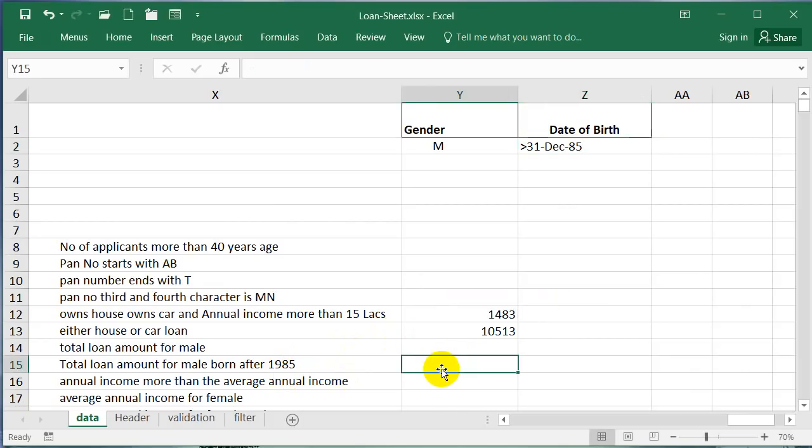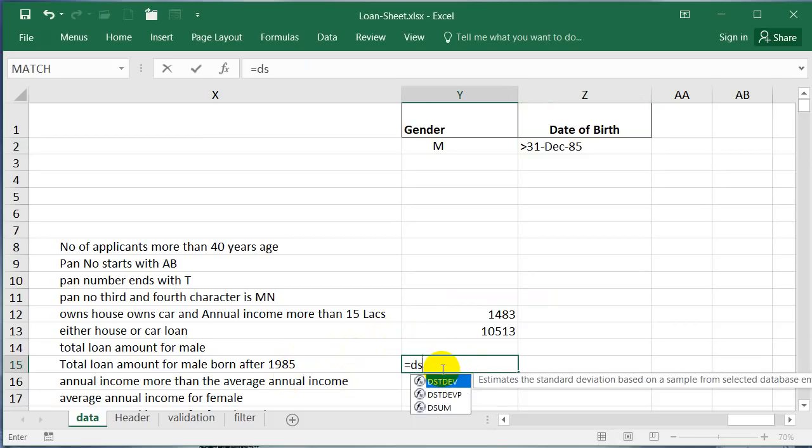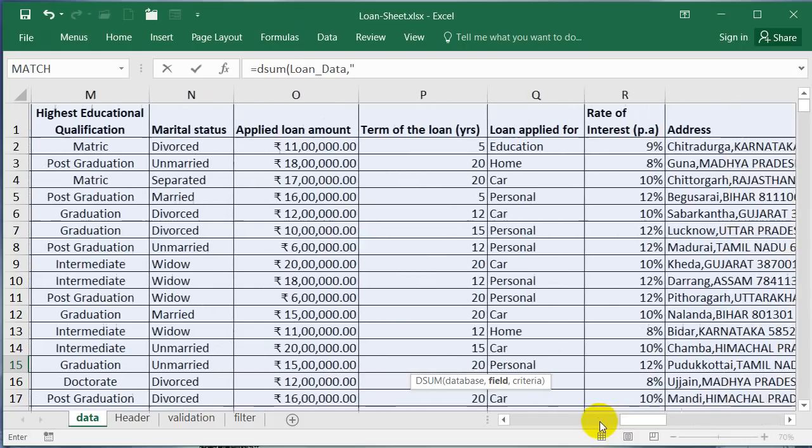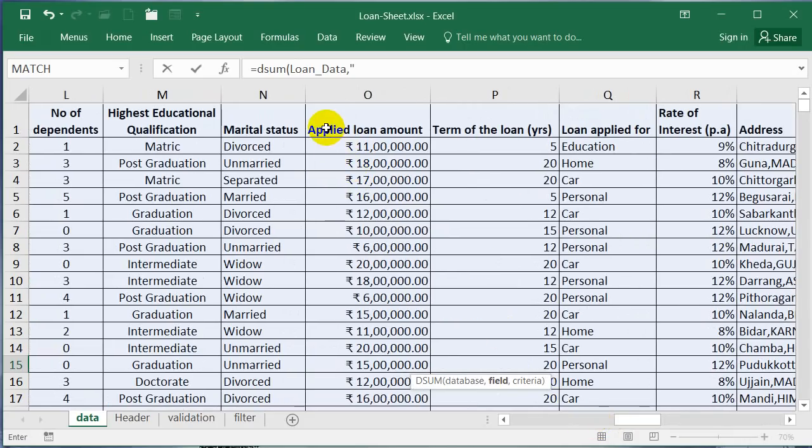So total loan amount for male born after 1985, what function we have to use? Total loan amount applied for. DSUM. Loan data. This is to be on which field? Yes, it has to be in the field which is applied loan amount.